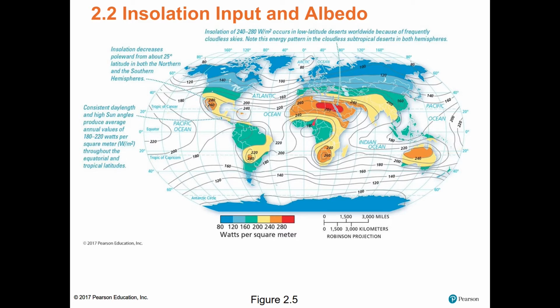Also, if you were to ask me before I was a geographer, what latitude gets the most energy over the course of a year? I would have said, well, duh, the equator, because it's in the middle. The poles get the least, the equator gets the most, right? No. The sun is parked for a couple of months over the Tropic of Cancer, and then it migrates to the Tropic of Capricorn, where it stays parked for 3 months, and then for 3 months moves back up, parked over the Tropic of Cancer for 3 months, moves for 3 months, parked for 3 months. So the highest values aren't found at the equator, but found at the tropics as a result of cloud-free skies, as a result of low latent heat, and